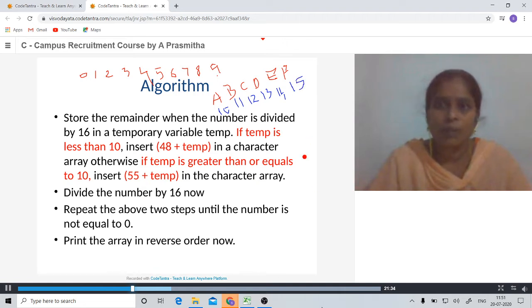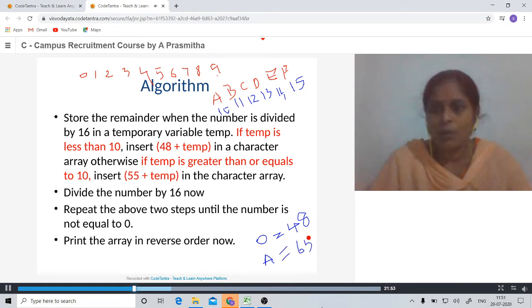As we know, the ASCII equivalent of 0 is 48 and the ASCII equivalent of capital A is 65.